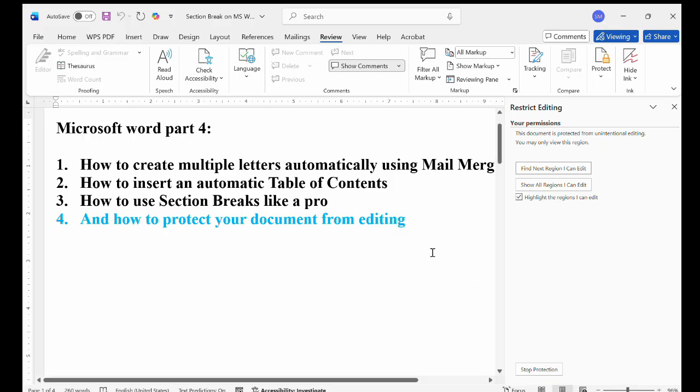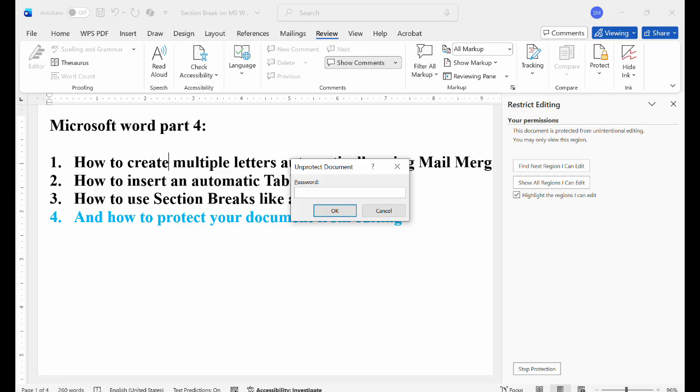As you can see, guys, this document is protected, and you can't change anything about it. If you try to click on a space, you can't edit this document. As you can see, you can't edit, but for stopping protection, you click here, click on it, and they ask